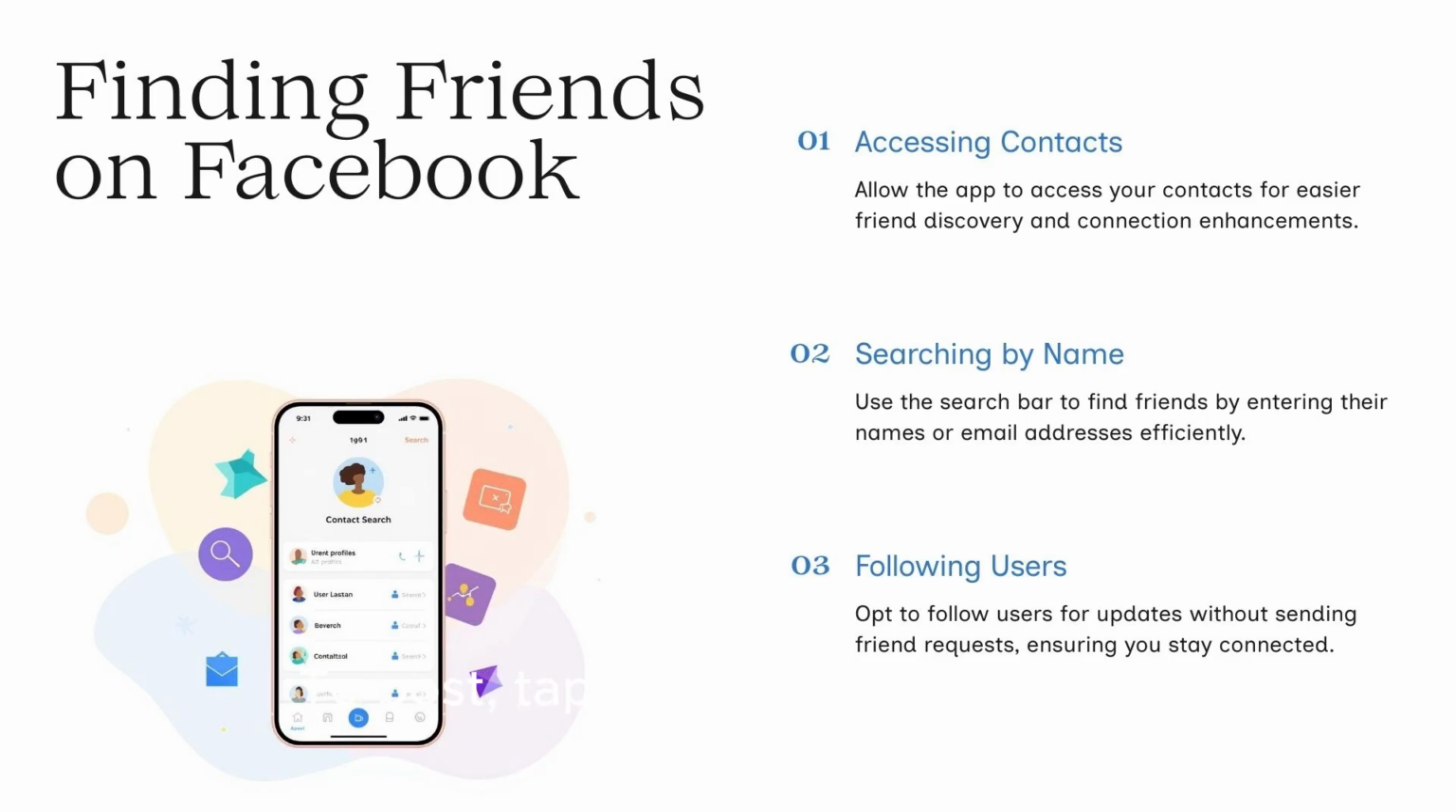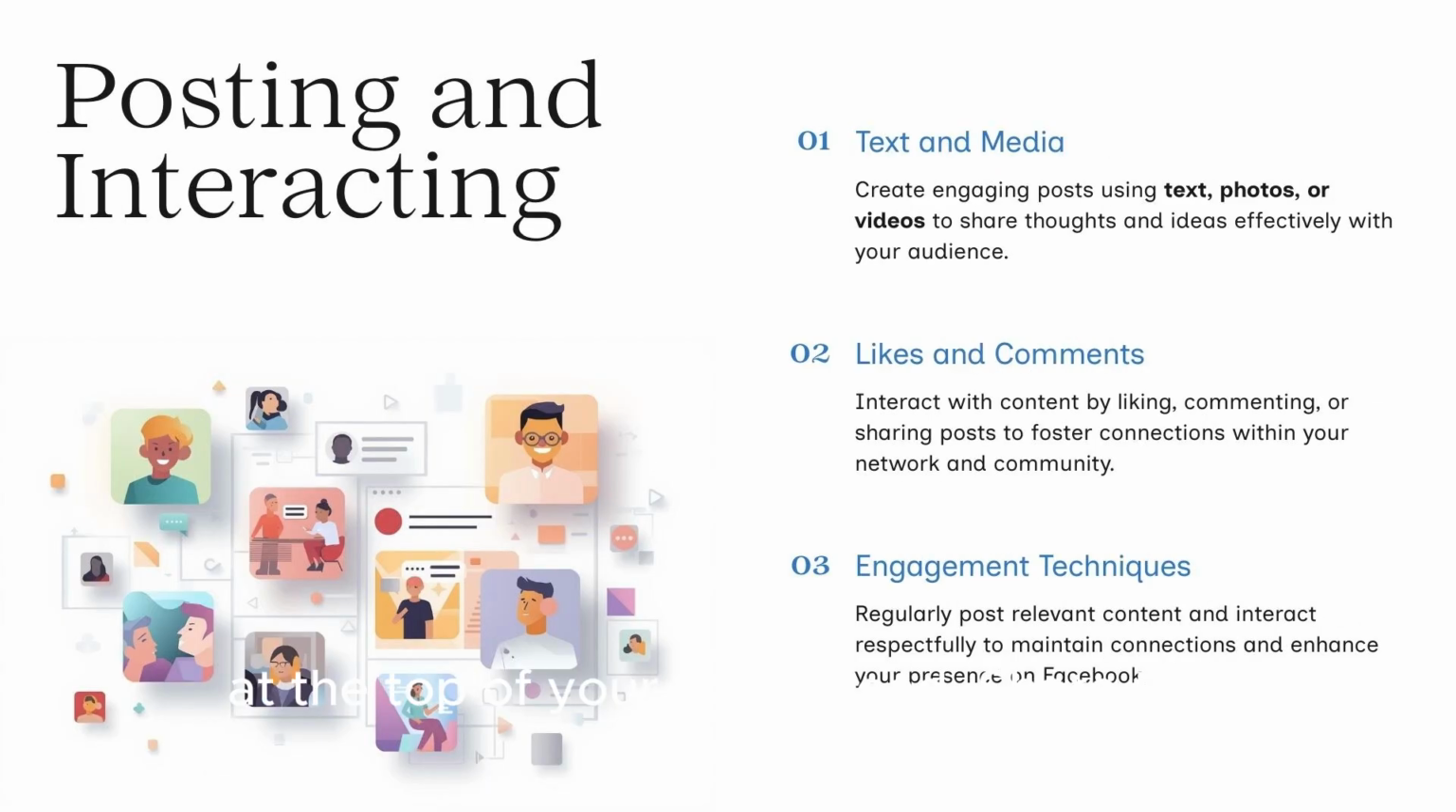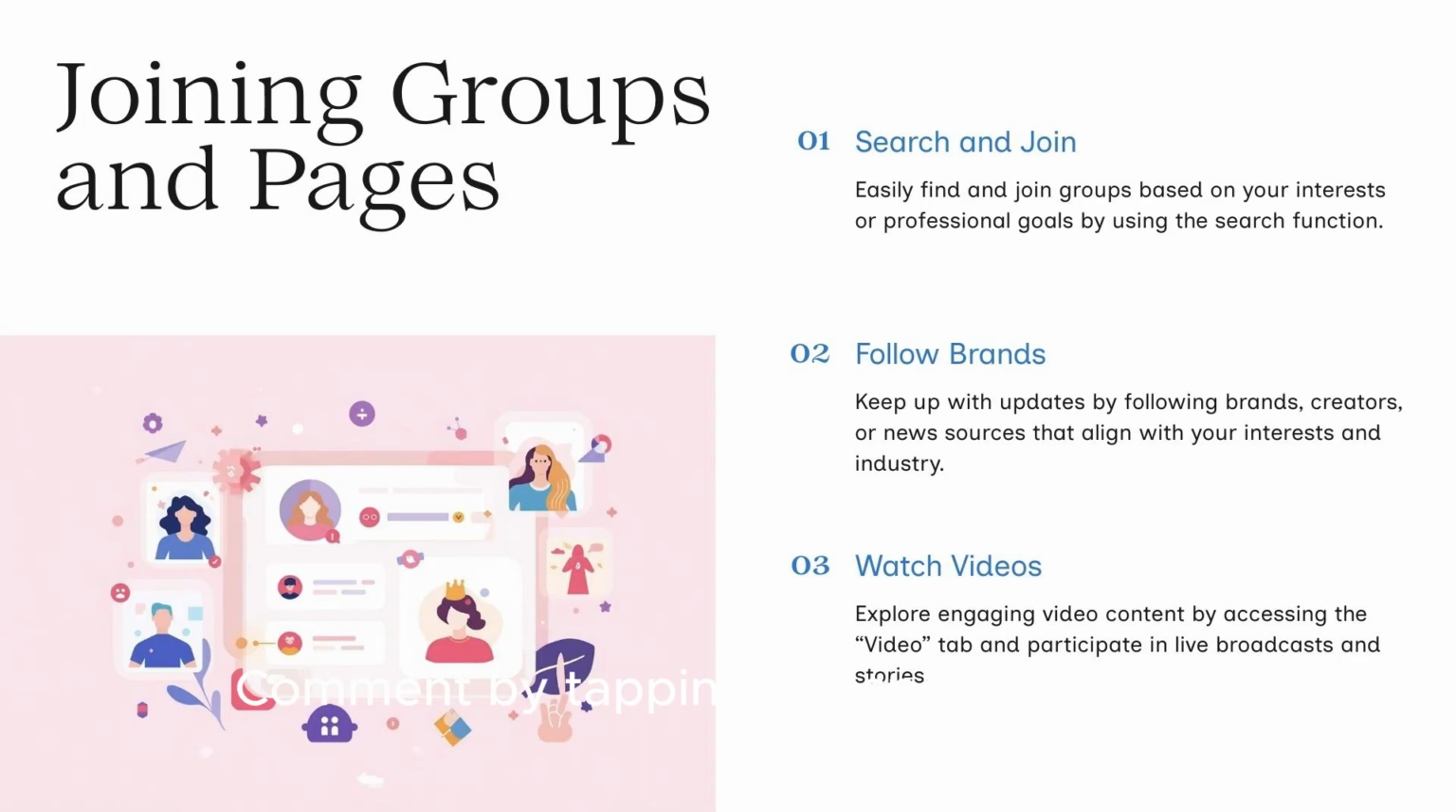Do post. Tap What's on your mind. At the top of your news feed, share text, photos, or videos, like posts by tapping the thumbs up icon, comment by tapping the speech bubble, join groups by searching your interests, follow pages of brands and creators, adjust privacy